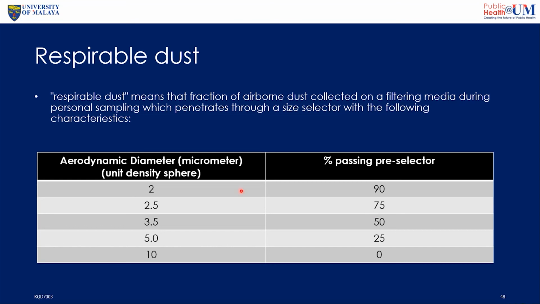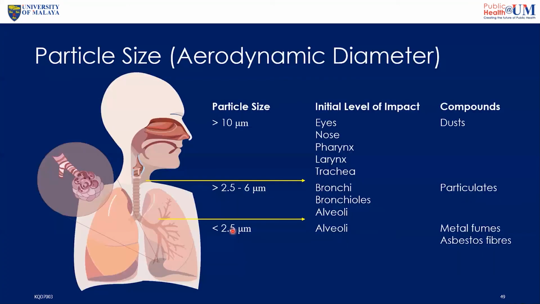All right. So aerodynamic diameter is basically around. We are looking at airborne dust of respiratory dust of less than 10 micrometer. All right. So less than 10 micrometer is called a respiratory dust. So dust that's less than 10 micron is called respiratory dust because it can enter your bronchioles,